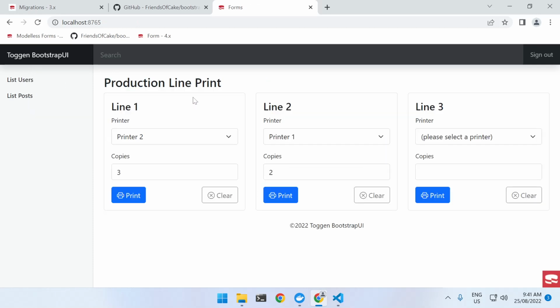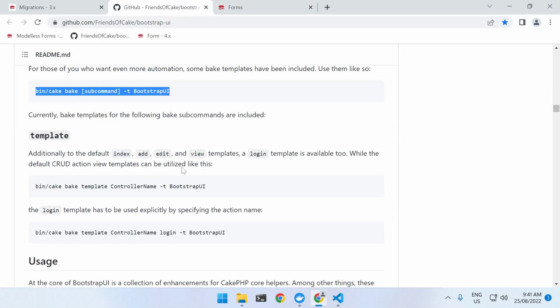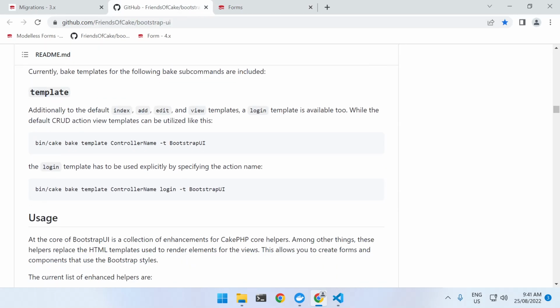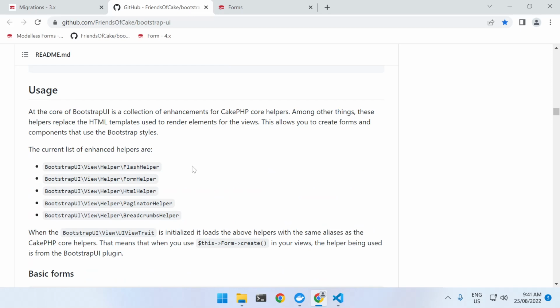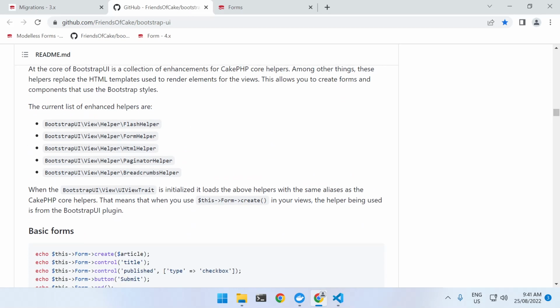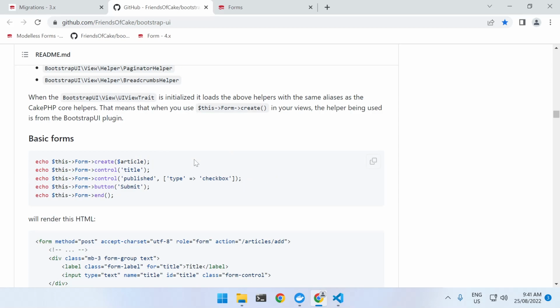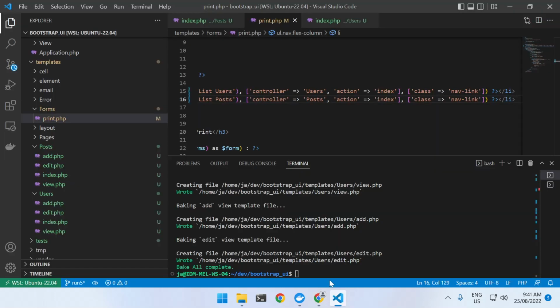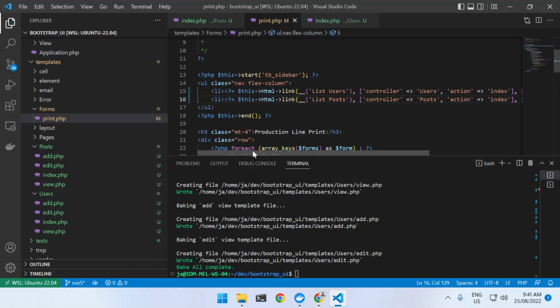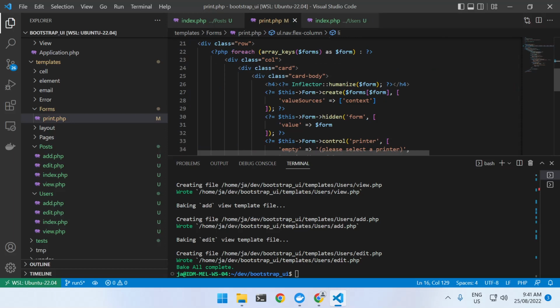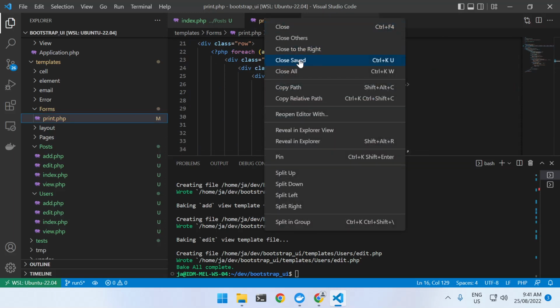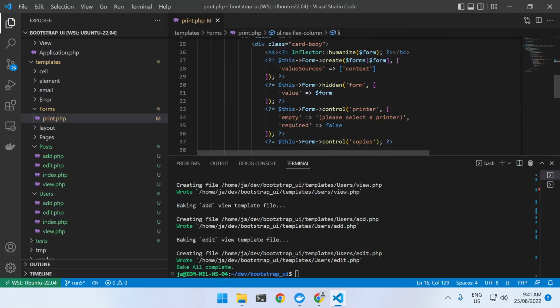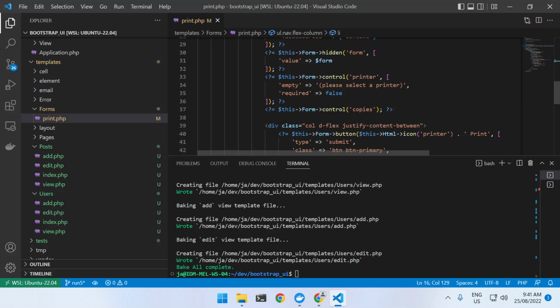But another thing that we can do, if we have a look at the documentation and we keep going down, there's a bunch of helpers, and then there's a bunch of information about creating different types of controls. But just an example of one that's really quite useful in our print form. Just close these others. We can do things such as